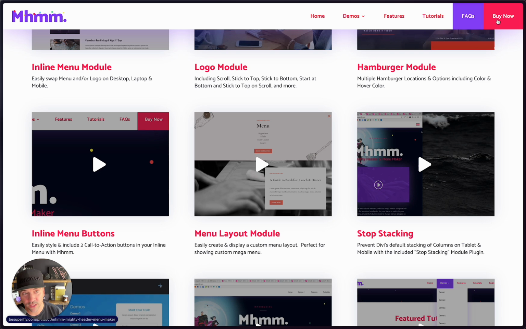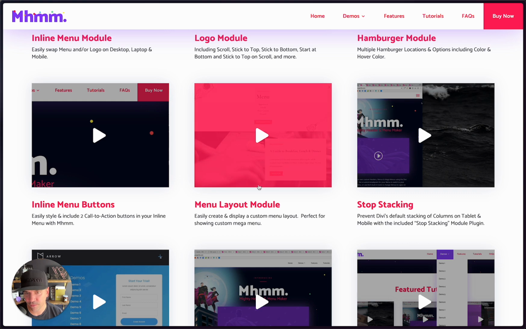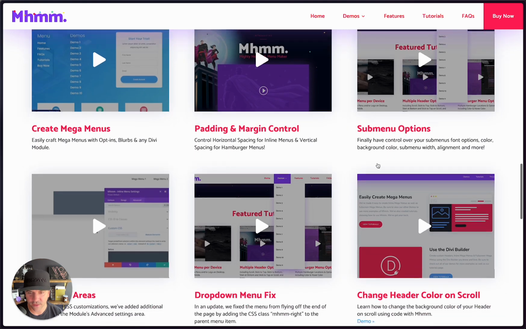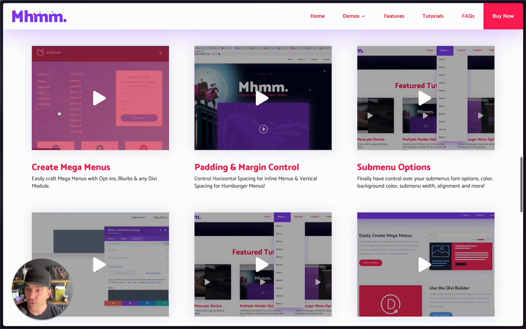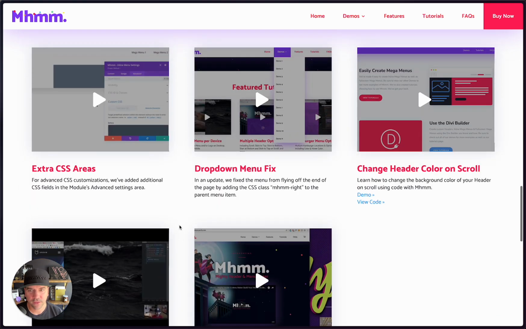So it shows you how you can set this up in style. You can have 2 of these, two call to action button type deals, and they don't have to cover the entire header area. That's just this particular menu. This menu layout module is pretty cool. I like this a lot. You know, more on stop stacking, the sub menu options, how to create a mega menu and use that. And then a couple